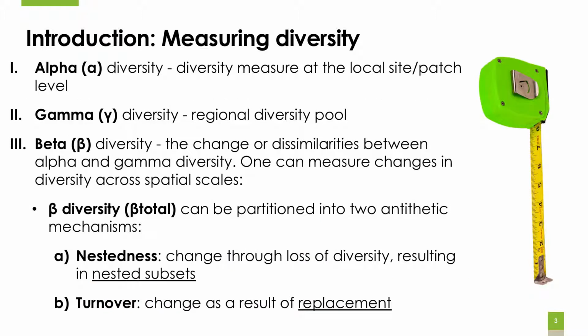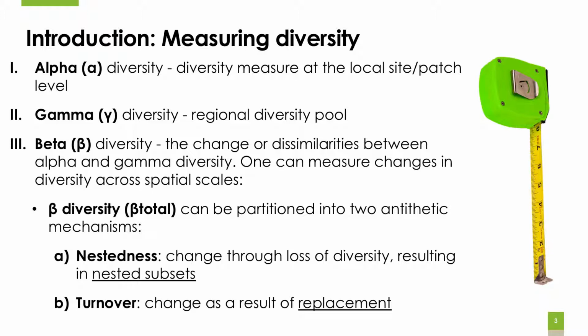And how do we measure diversity? We can measure it at different scales. There's alpha diversity, which is essentially diversity measured at the local site or patch level. There's gamma diversity, which is the overall regional pool, based on your sampling size or sampling area. We can also measure changes in diversity, called beta diversity, which is essentially the similarity between